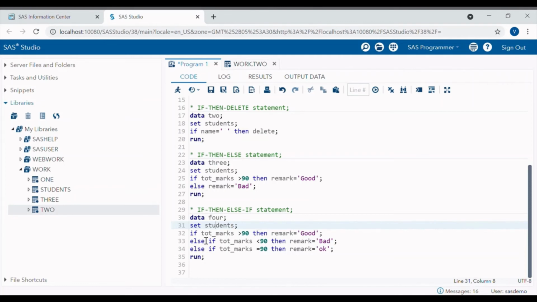data4 set students, if total marks greater than 90, then remark is equal to good. Else if total marks is less than 90, then remark is equal to bad. Else if total marks is equal to 90, then the remark is equal to okay. When we run it,